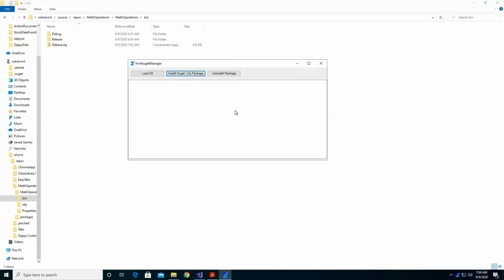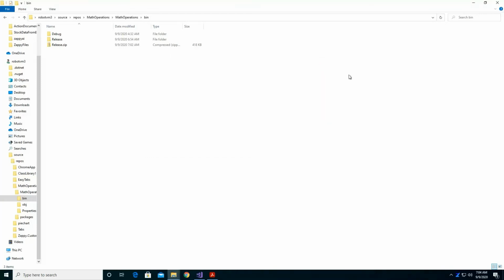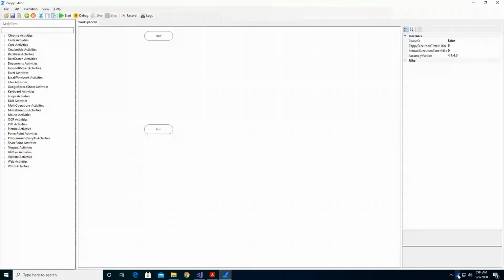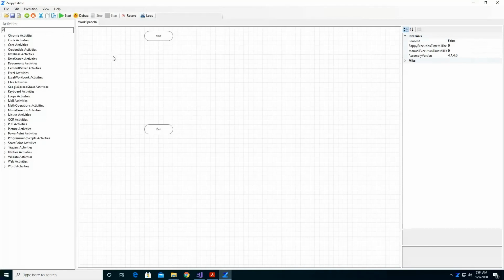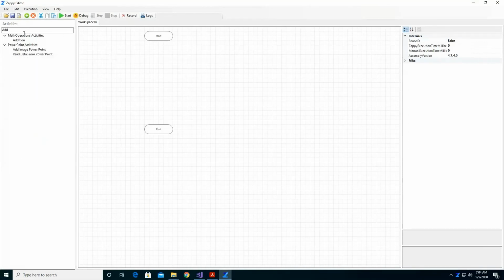open. So you will get the release zip file here, close this. Double click on the app icon to open the task editor. So here the action name which we have given is addition. So type addition in the search panel. You'll find the addition action in the panel. Drag and drop into your workspace. So here you can find the two input properties which we have given, and the output result property here.